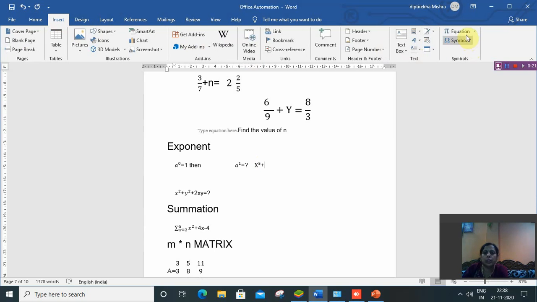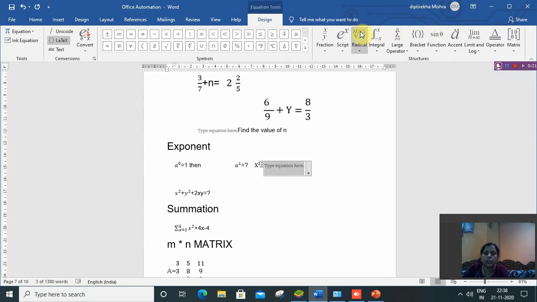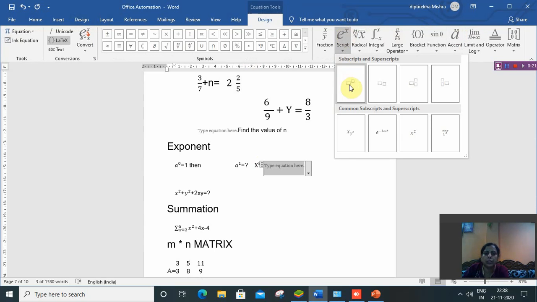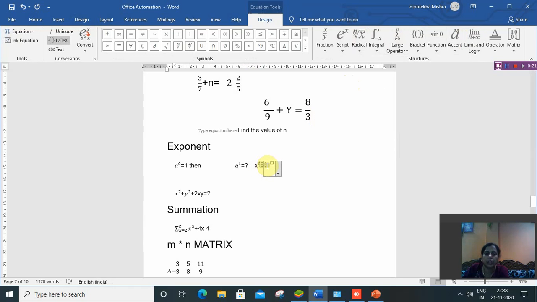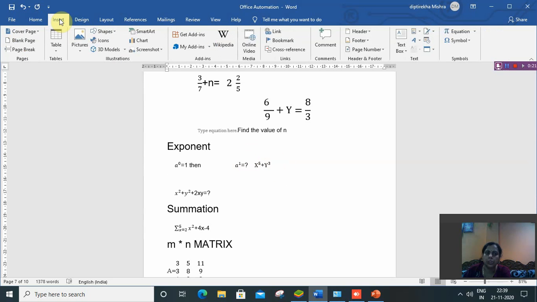insert, again go to the equation, then again script, again choose the format y to the power 3. Okay, so this way you can write any equation format. So for inserting the equation, you have to go to the insert tab, then equation.